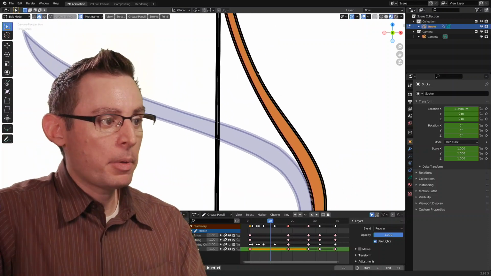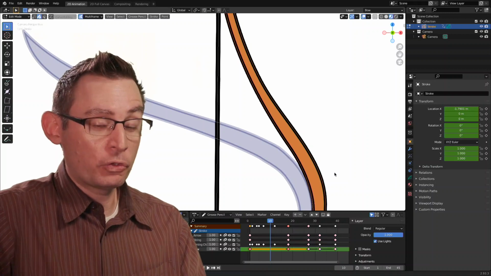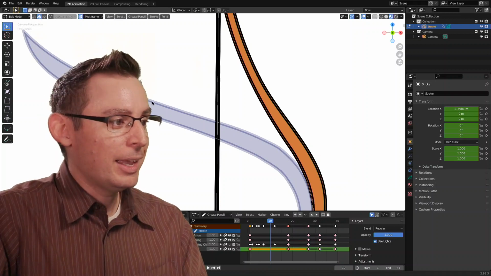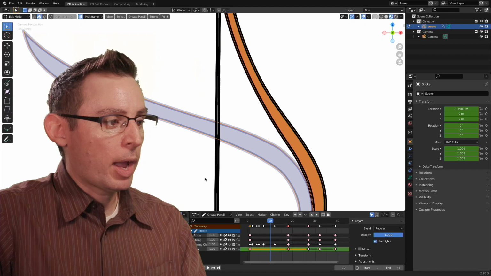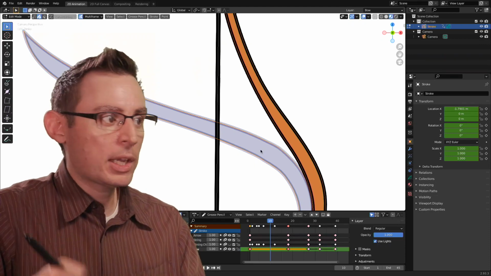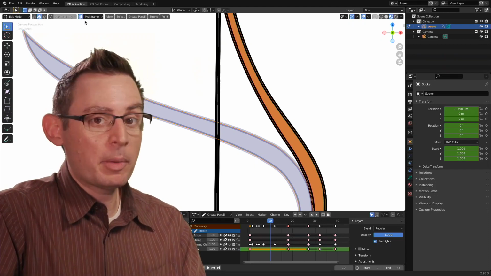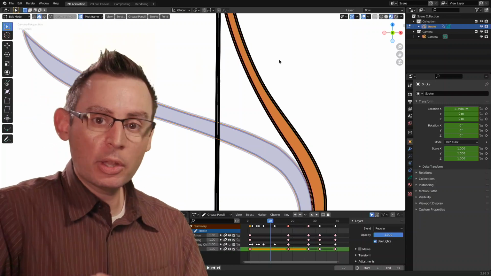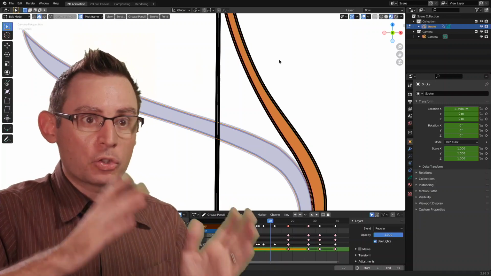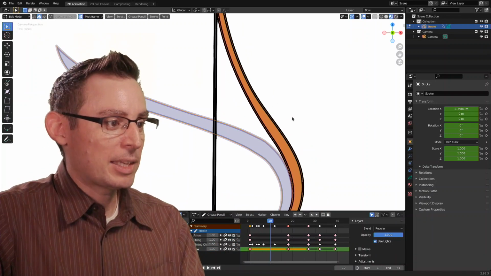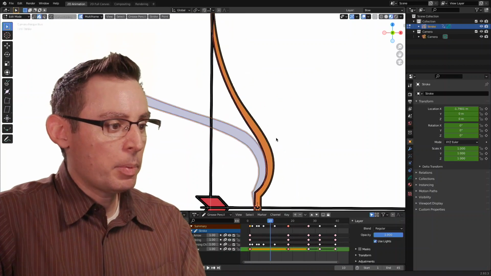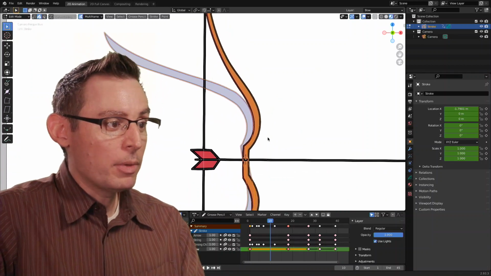So I'm going to grab the stroke for the first drawing first, and then I'm going to hold down the shift key and grab the second stroke from the second drawing. Because I have my multi-frame editing enabled, I can select and work off of the strokes of multiple frames at the exact same time. So I've got all that set up, and now I'm ready to go.